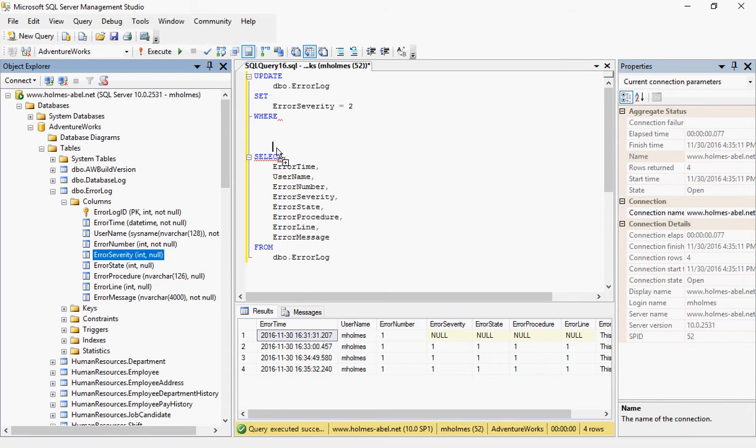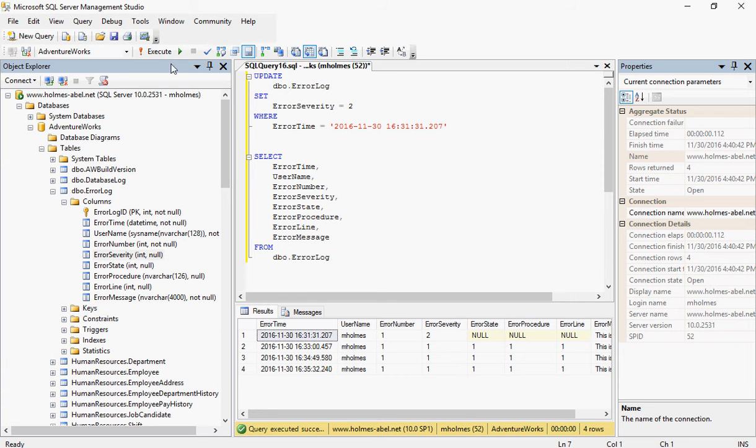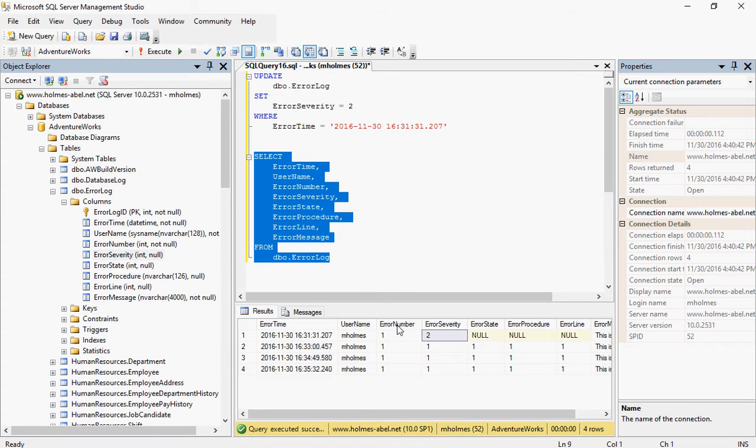So let's say where error time equals, and I'm going to convert this to a string. So what we have is the error severity here is null currently. And I'm going to go ahead and let both of these execute because I want to update and then I want to select anyway. So let's go ahead and let it run through both. So there we go. First thing it did is it performed our update. It updated this column for us. And then I wanted it to select